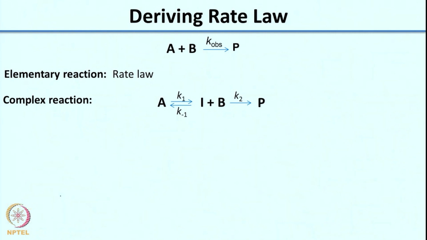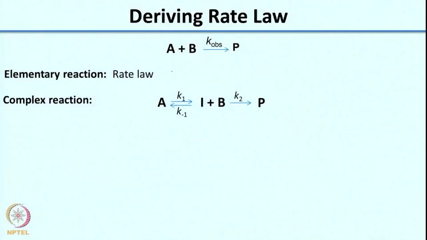Now one possibility is that it is an elementary reaction. From what you have studied in the previous class, what is an elementary reaction? A single step reaction. If it is an elementary reaction, it means that both A and B are coming together in a single step to give you the product, sort of like your SN2 reaction, where you have a single step concerted reaction. Since it is concerted, both molecules would be participating in the transition state. So the rate would be given by